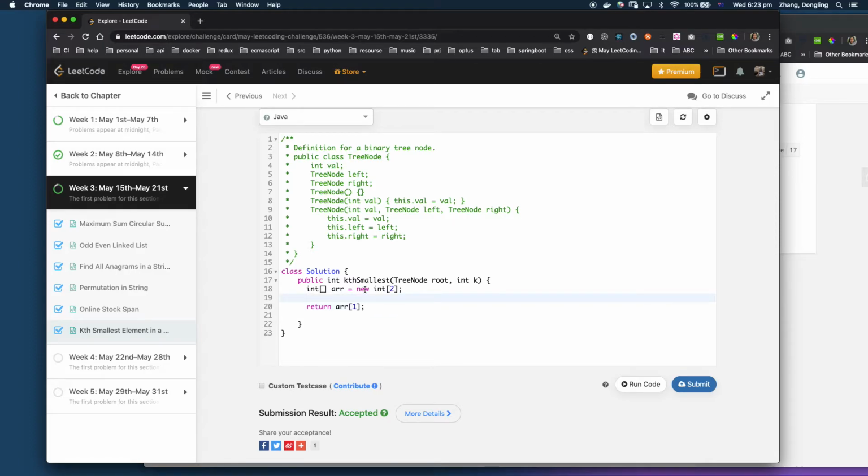And what are you going to do? You just in-order the tree. So you basically just in-order the tree, you pass the root, and you only contain 2 elements. Once the second element is satisfied, you just break this loop. So actually this in-order doesn't need a return, so it is going to be private void,